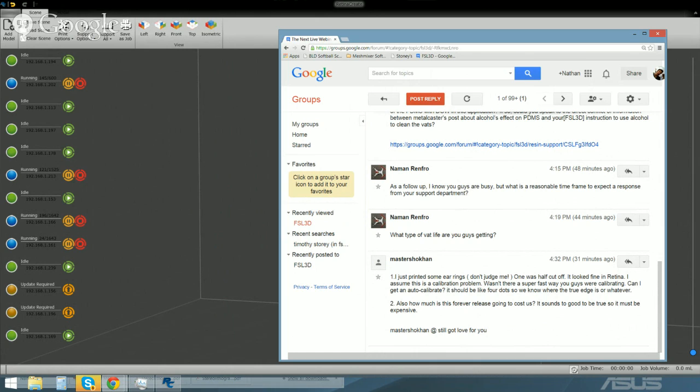We allow users to calibrate their own machines by using a 2D printer to print out a sheet of paper that you put in the vat, and you steer the laser to a bunch of points. It takes about 15 minutes for a person to do, so it's not that bad. It can take longer if you get really fine and you debate with yourself about how accurate each point is placed, but